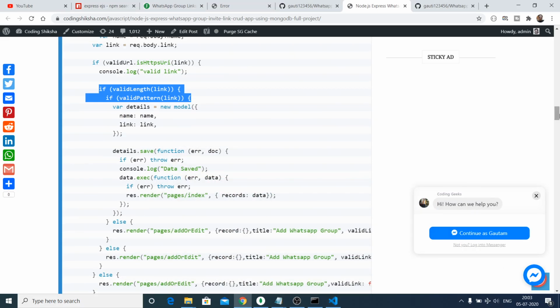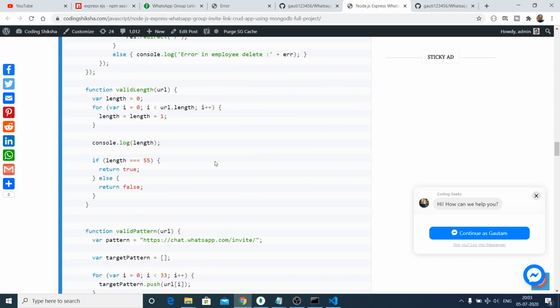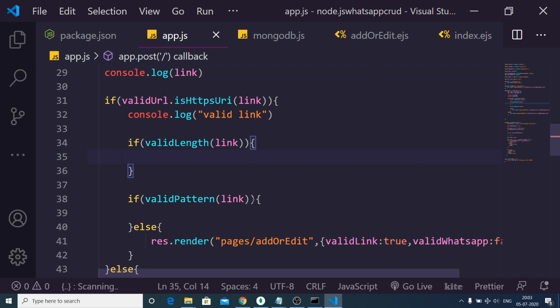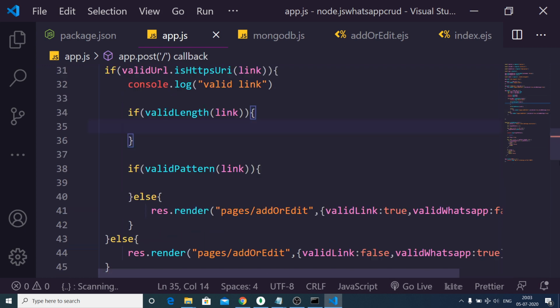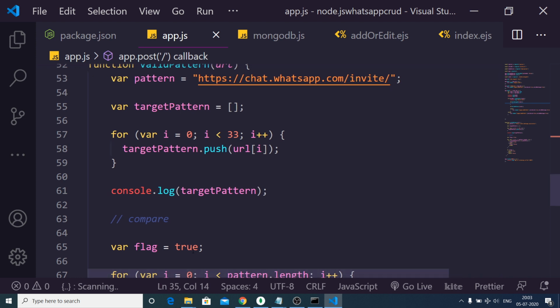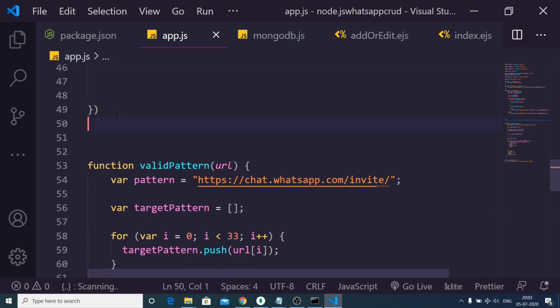So let me just copy that function also. So valid length, this is a function. So just after it. So these are just validation functions.